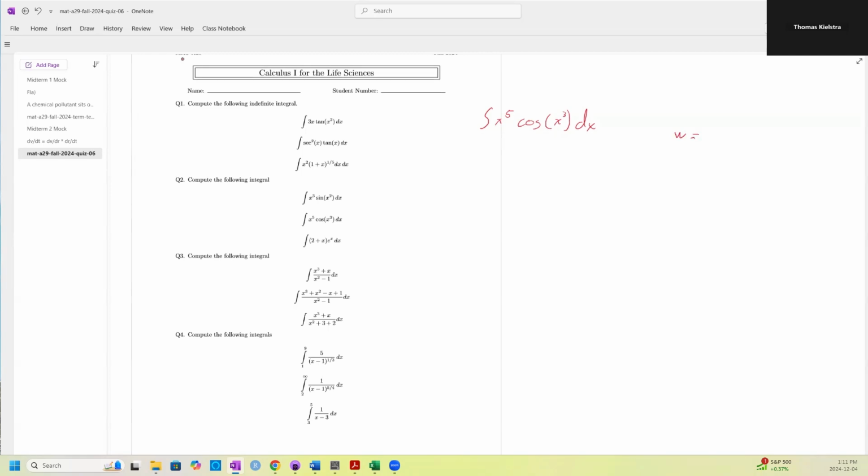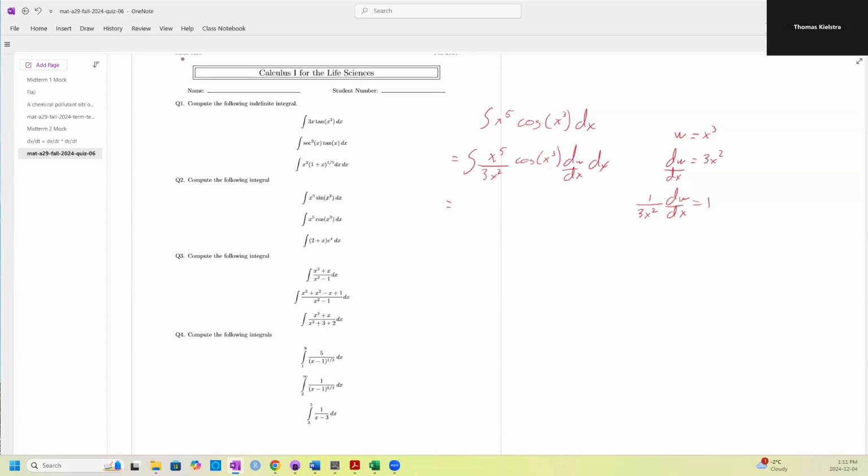So w equals x cubed, dw by dx equals 3x squared, or 1 over 3x squared dw by dx equals 1. So this equals the integral of x to the 5 over 3x squared cos x cubed dw by dx,